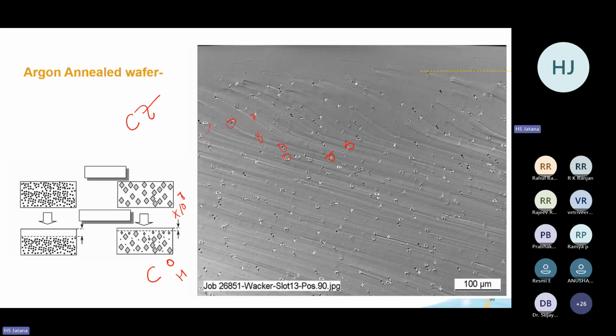But what we want is, our 8-inch wafer is around 725 micron thick. We need only the top layer, a few microns, 5 to 10 microns, where we are interested. We are not interested in this bulk. Why this bulk? Because the 8-inch diameter wafer has to go through 1200 degrees centigrade